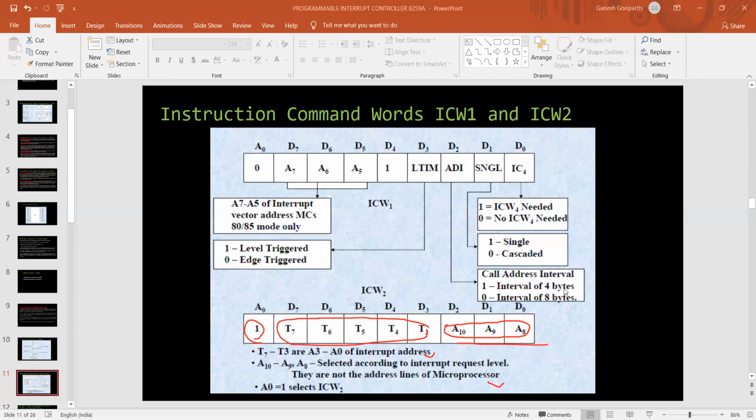The CPU can accept the interrupts one by one without any time gap, but the 8259 has some work to do. It has to collect the interrupt request, resolve the priority, set or reset the in-service bit, and send the interrupt request. That means this process has to be completed by the 8259 itself. That is why the time gap between one interrupt request and the other will be decided by the 8259 itself. That is nothing but the call address interval. Hope it is clear.